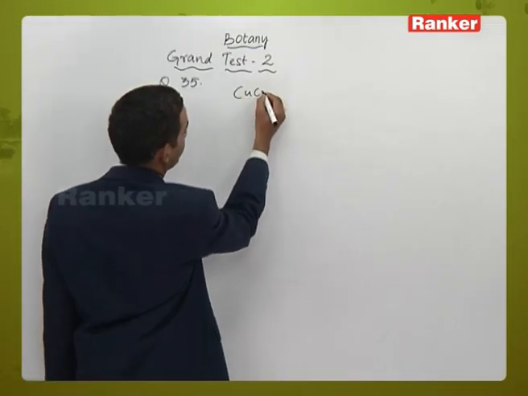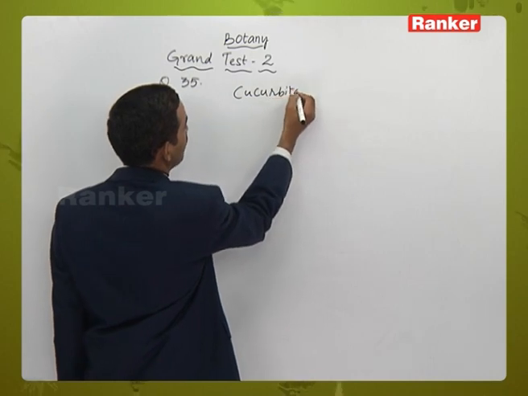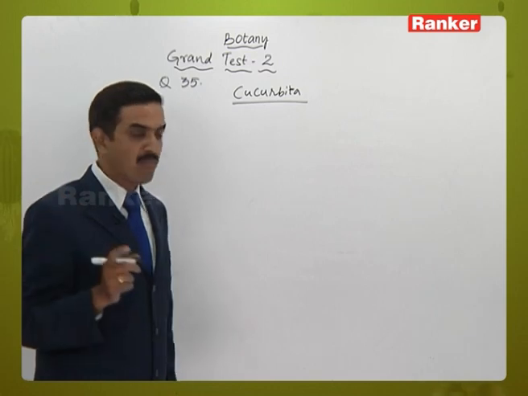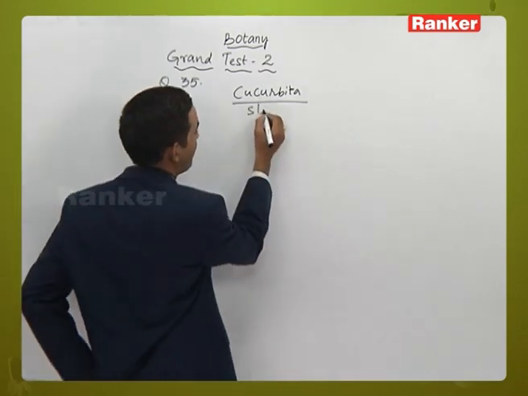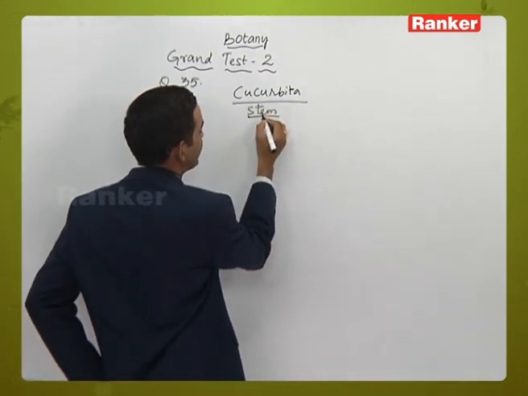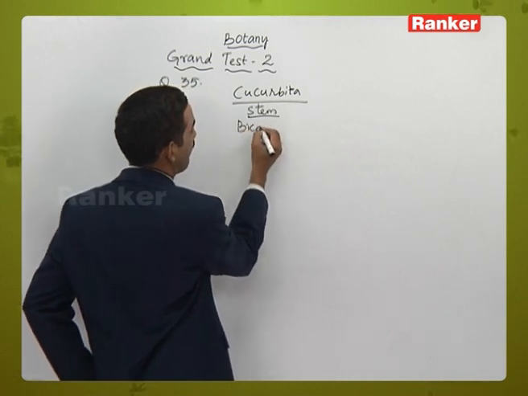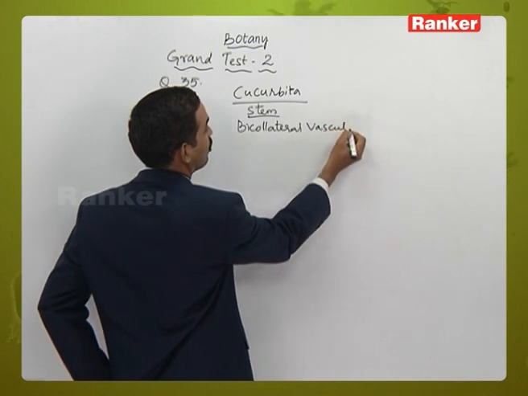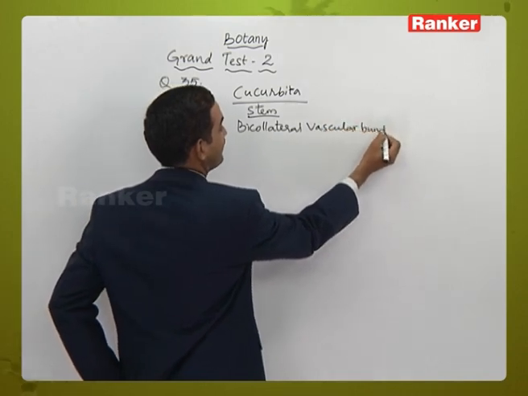Okay, Cucurbita belongs to the Cucurbitaceae family, and the primary stem of Cucurbita will exhibit a special character called bicollateral vascular bundle. Bicollateral vascular bundle. That means